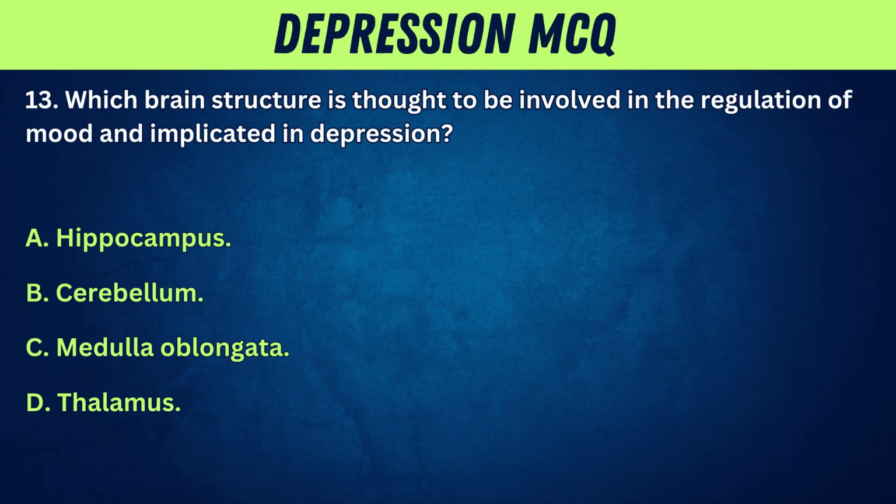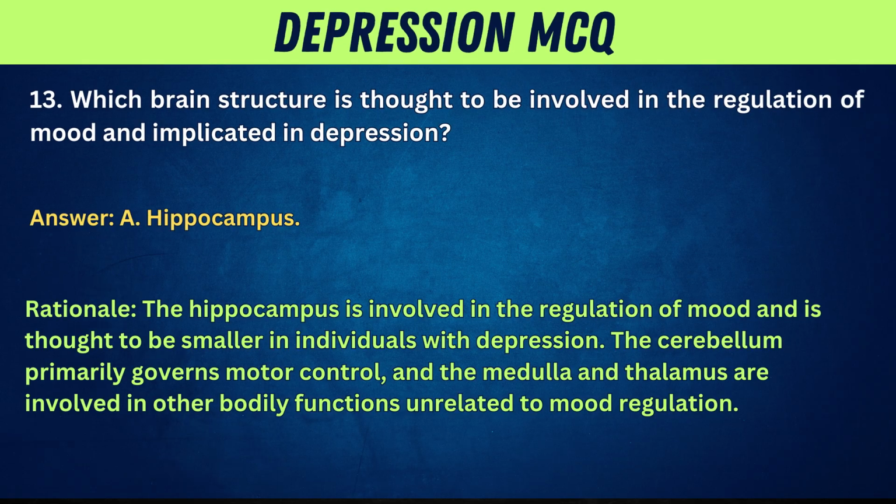13. Which brain structure is thought to be involved in the regulation of mood and implicated in depression? A. Hippocampus. B. Cerebellum. C. Medulla oblongata. D. Thalamus. Answer: A. Hippocampus. Rationale: the hippocampus is involved in the regulation of mood and is thought to be smaller in individuals with depression. The cerebellum primarily governs motor control, and the medulla and thalamus are involved in other bodily functions unrelated to